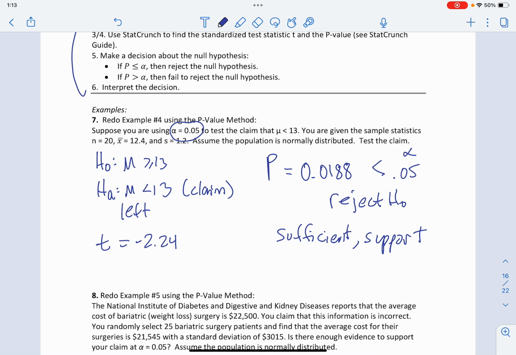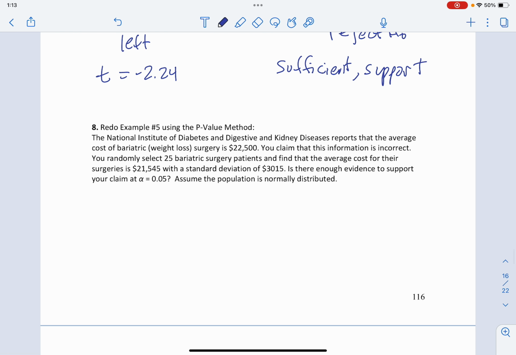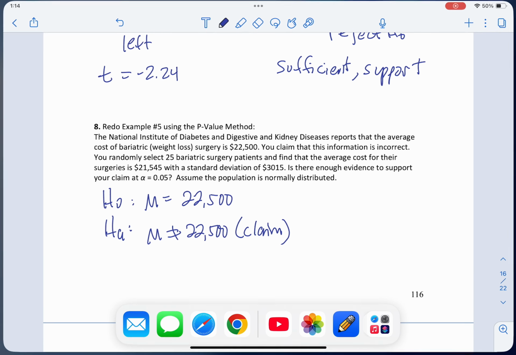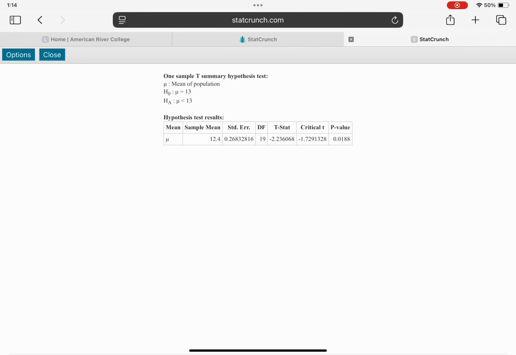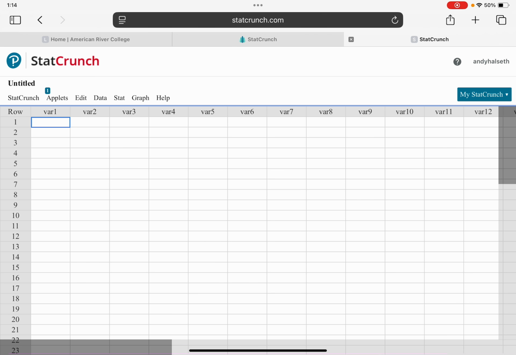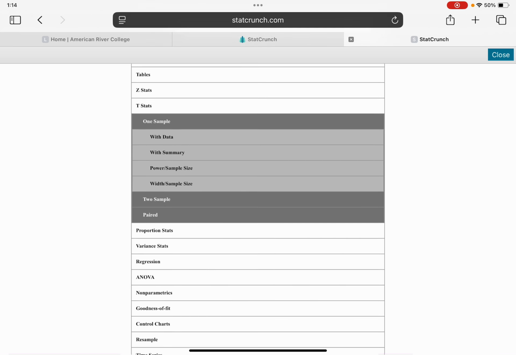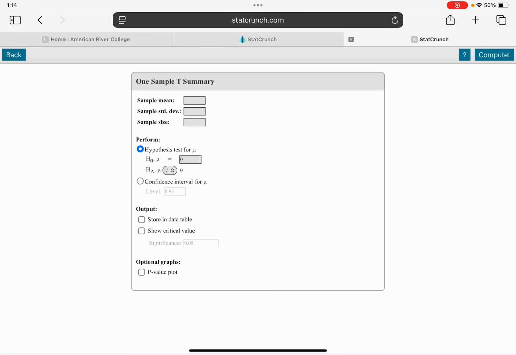Okay, so if we tried another one with that method, again, H0, HA, same, right? This is the one where we had mu equals 22,500 and not equal to 22,500, and the claim was the HA. So same problem as number 5. And then when I go back to StatCrunch, I'm going to close that down, and I'm going to start it again. So I'm going to go Stat, T-Stat, one sample with summary,